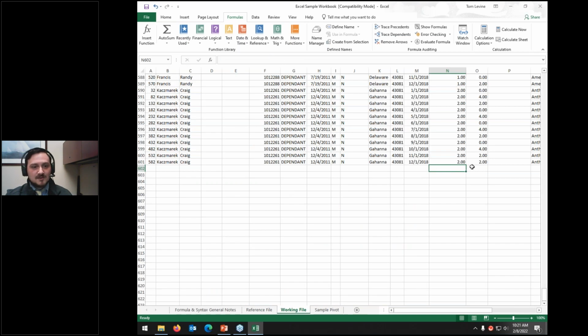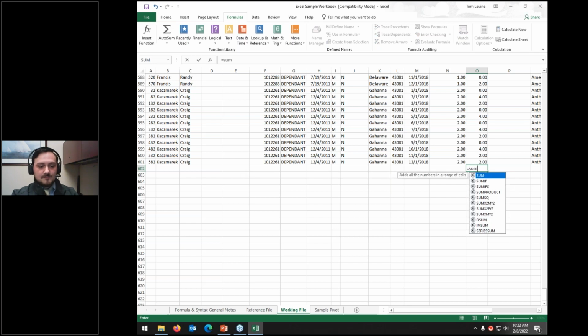The reason that I mention that is because there's another way to input a function into this cell. We're going to stick with the sum function for now. Let's say I wanted to really quickly sum up all of the cells above O602 again. What I would do is I type equals, and then the name of the function, which is sum, and then an open parenthesis. Now, what I'm doing is I'm hovering over the cell, and it gives me a bunch of different inputs. In this case, it's asking for the cell references that I mentioned earlier in our last option. If I just hit sum, and then say O2,